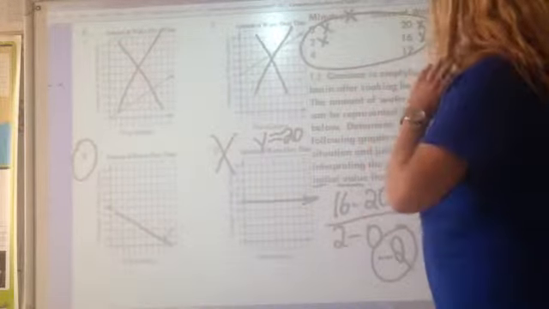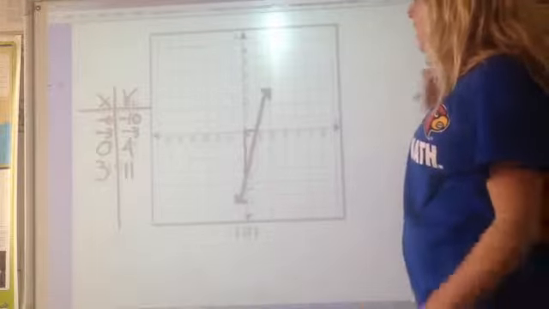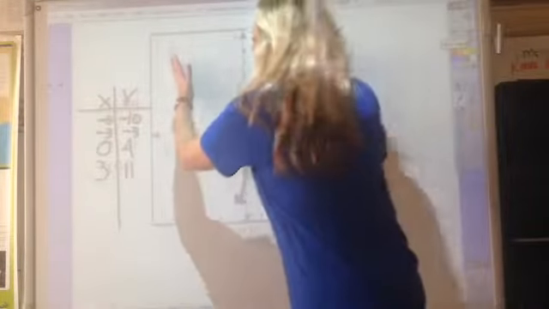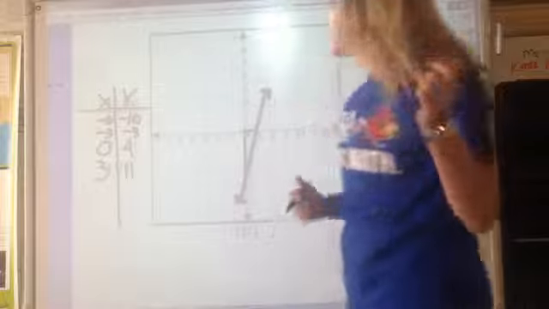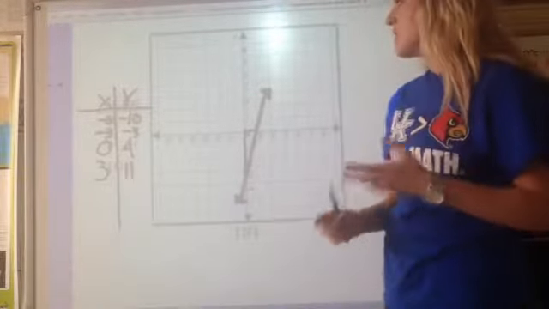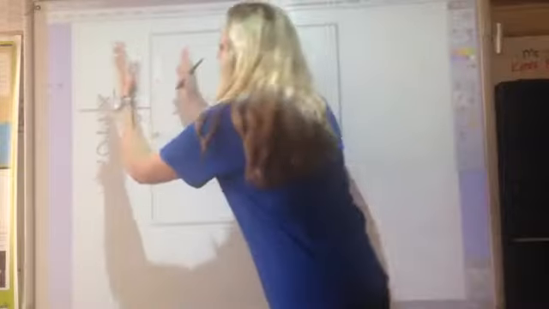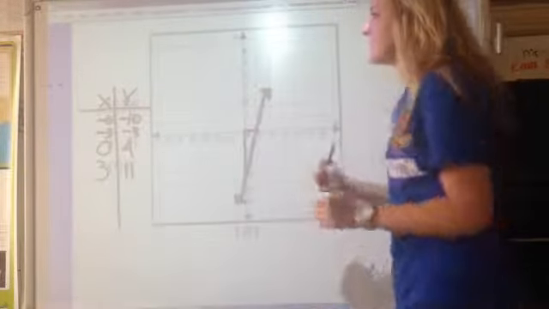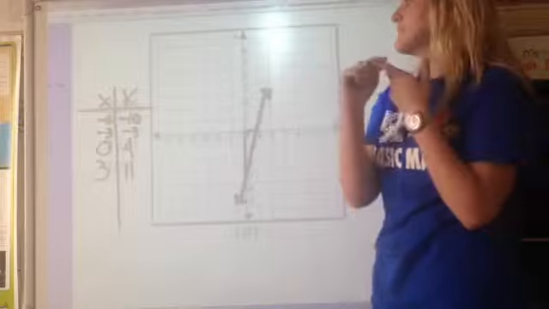All right, let's do another one. For this one, I have a graph and I have a table, and I need to figure out which one has the greater rate of change. So I'm going to work just with my table first and then my graph. So what I need to do is figure out my slope